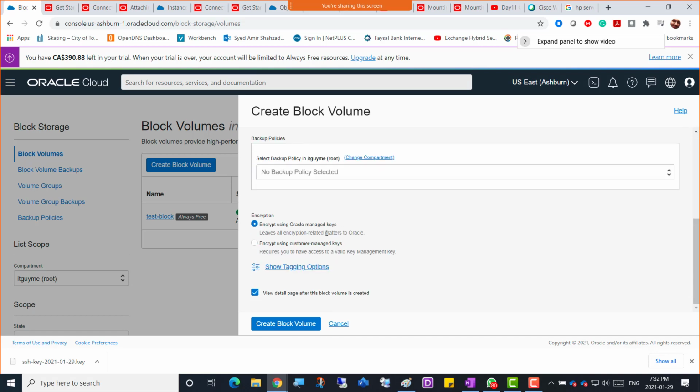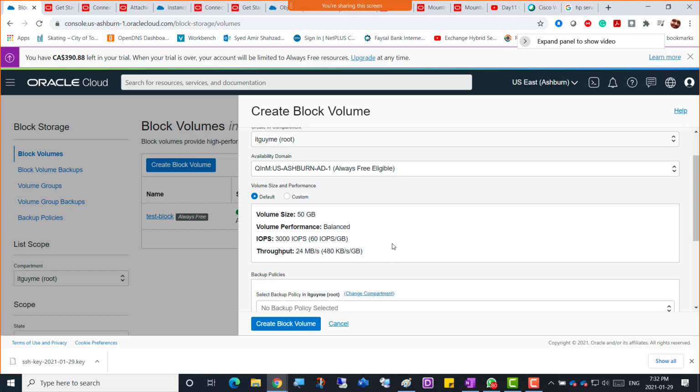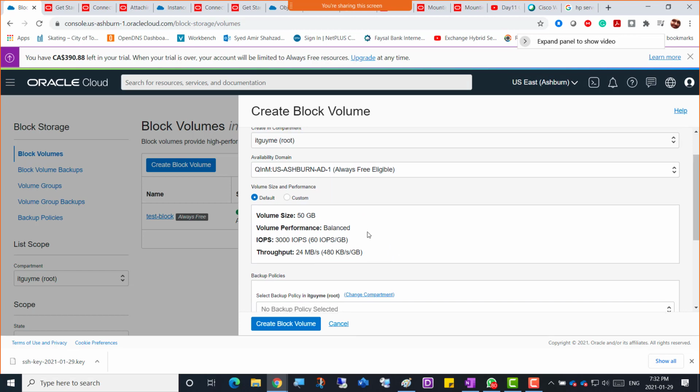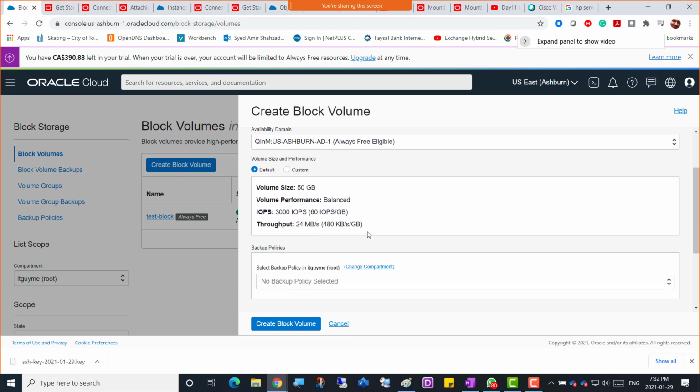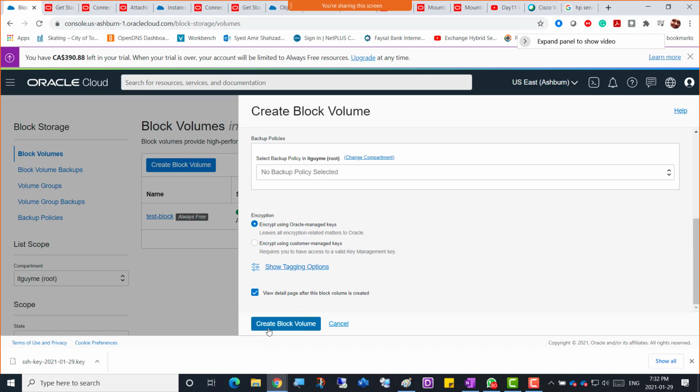You can also encrypt that volume, but remember one thing about block volume is that you're providing a virtual machine a disk over the network. So it's not the virtual machine's local disk. So it's over the network. And then show tagging options. You can encrypt it, you can back it up, and that's it. And you can increase the size later if you want, and we gave the name. So not much here. So I'm going to click create block volume,